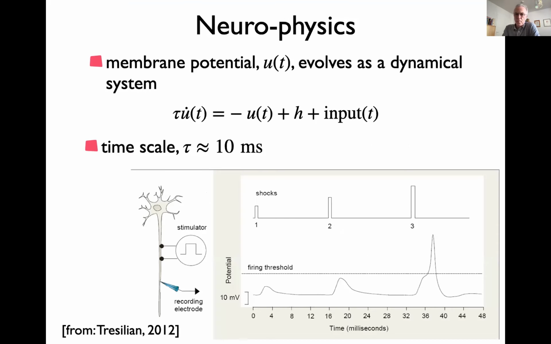So here we go. This is from a textbook, actually a very nice textbook, Brazilian, an illustration of a recording, in this case, of an axon. When you take a neuron, inject some current into it, and record somewhere downstream from there, you will observe the membrane potential. You may know that the membrane potential of neurons is always negative, and when it goes toward the positive, that is